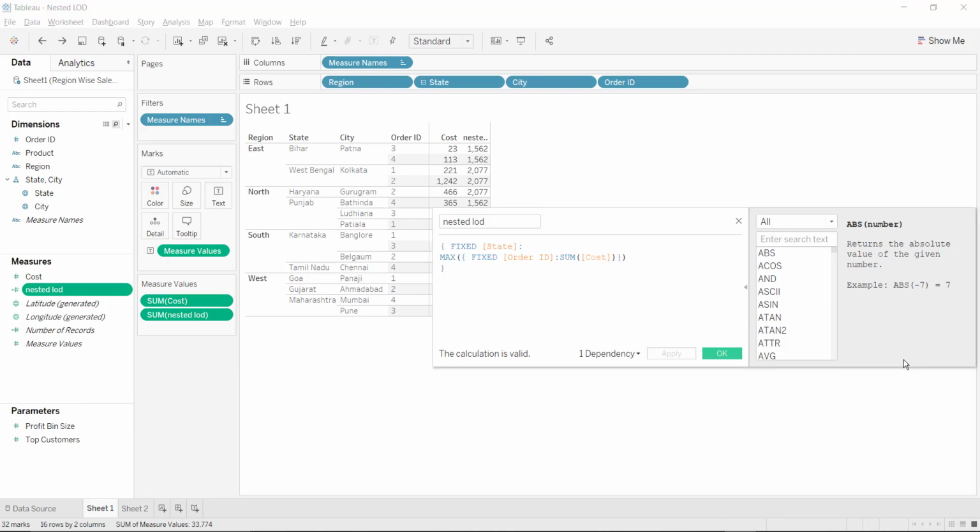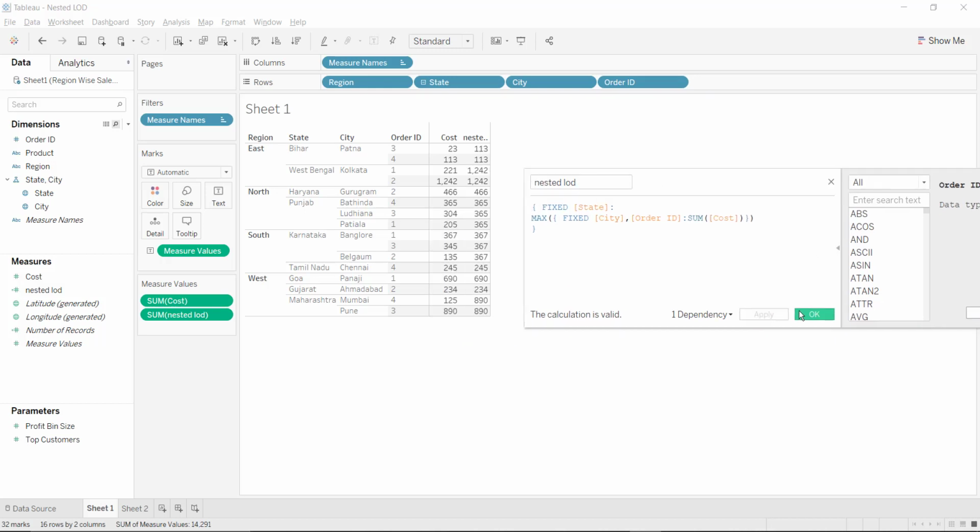Now, in order to get the correct value, we have to also mention proper granularity to it. We have to specify which city the order ID belongs to. So here you also have to add city, comma, click on apply. The value is now correct.